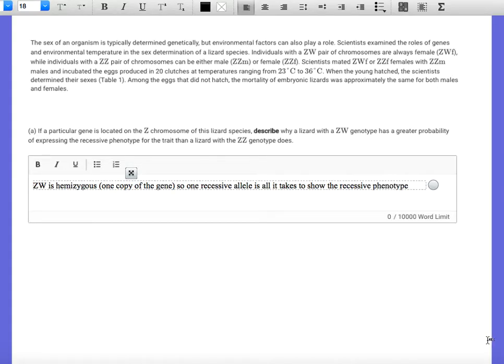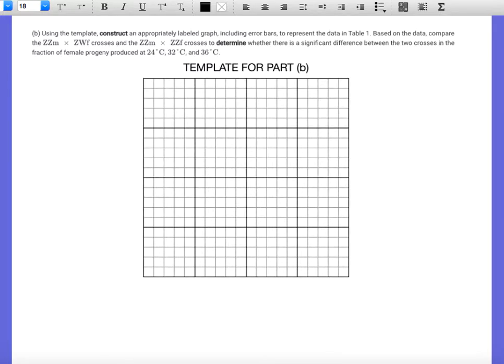Okay. All right. So let's take a look at B. Ooh, good stuff here. So using the template, construct an appropriately labeled graph, including error bars. Oh yeah. To represent the data in table 1. So based on the data, compare the ZZM times ZZF crosses and the ZZM times ZZW crosses to determine whether there's a significant difference between the two crosses in the fraction of female progeny produced at 24, 32, and 36 Celsius. Okay, so I will be the first to admit that this graph is kind of a doozy,